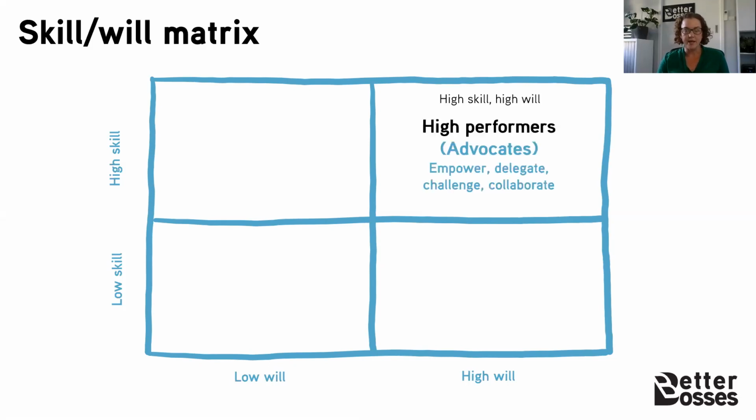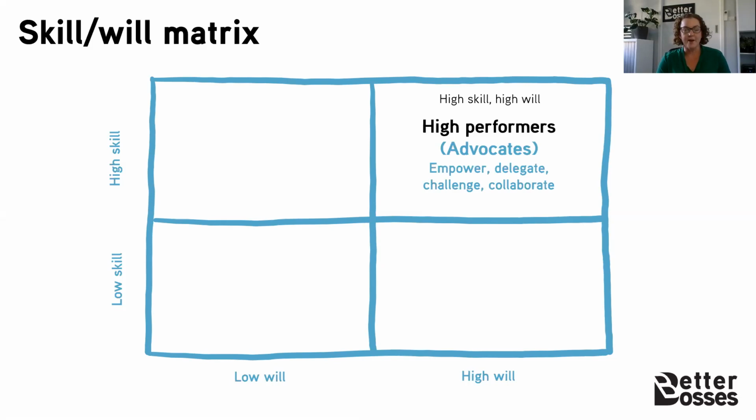So the first one here, let's go for the high skill, high will quadrant. So these are your high performers. They are your advocates. They're going to advocate for you. They're going to advocate for what the team is trying to achieve, and they're going to advocate for what the company wants to achieve. Now, the best thing that you can do for these people is empower them, give them